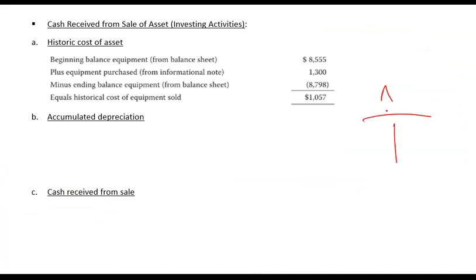So you have an asset account. In this asset account, you will have some beginning balance. That is your cost. Let's say the beginning balance is 1000. During the year, you will purchase some new assets. When you purchase new assets, the asset account increases, or the asset gets debited. So let's say it got debited by 200 against cash.